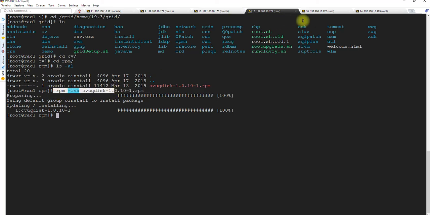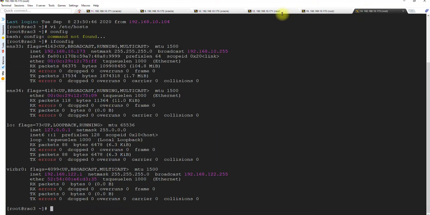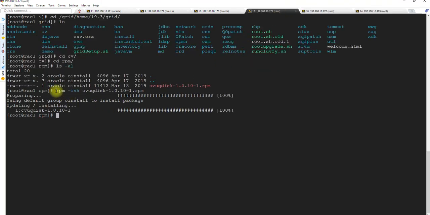What we will do, we will transfer this file. As you know, we will not have this file on the other nodes because we unzipped the binaries here only, right? All those binaries are not available on those locations. So we will copy it into any specific location on those 2 nodes, and then we will go in and install locally.